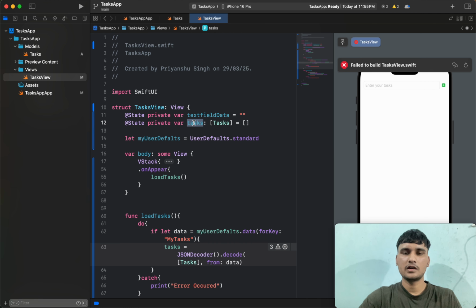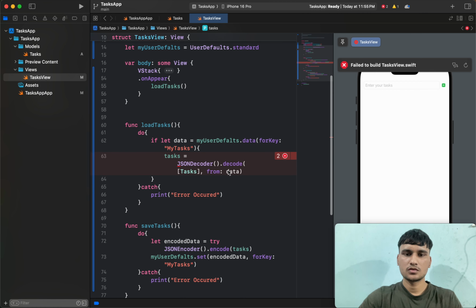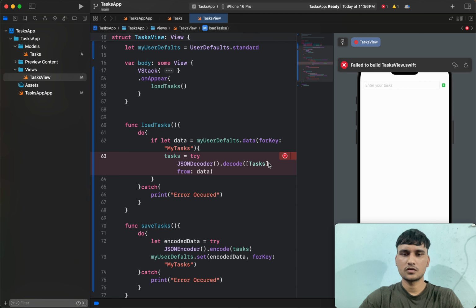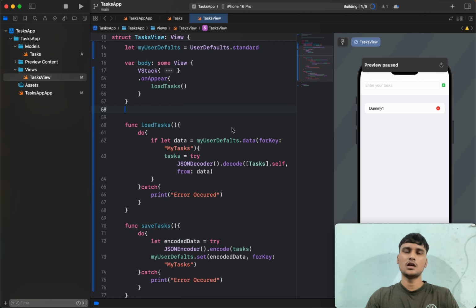Okay, so when the application loads the first time, it will update the task with the stored information from the user defaults. Okay, so I have to use try here. Okay, so what is the error here? Maybe I have to use self here. Okay, so this won't give me an error, and let's run this live application to see if our application